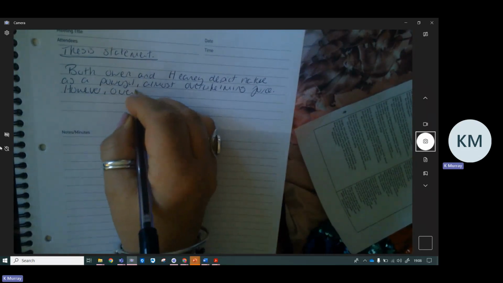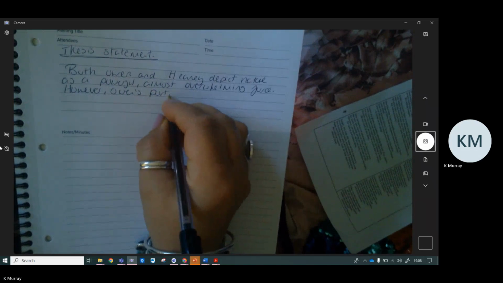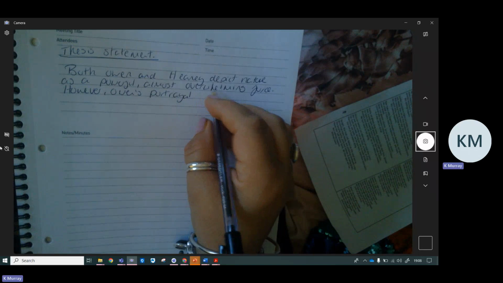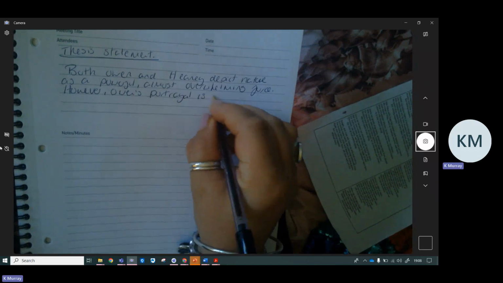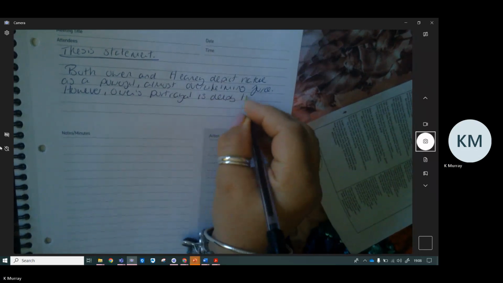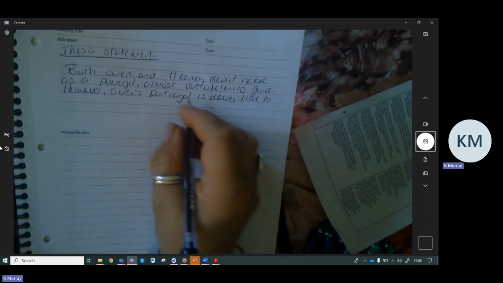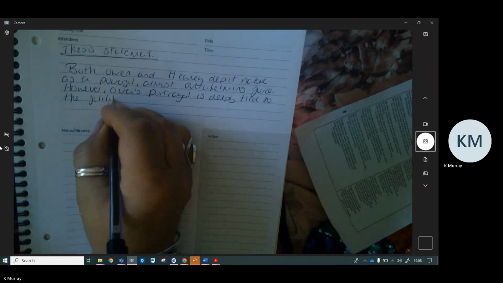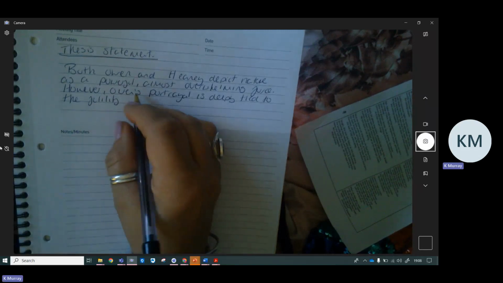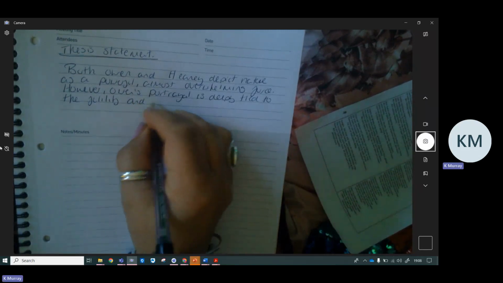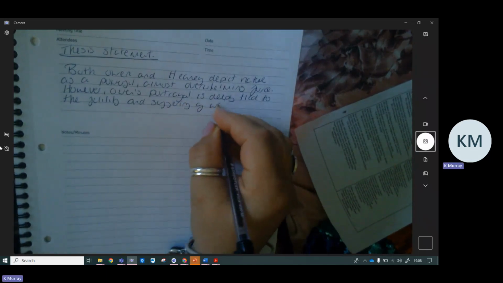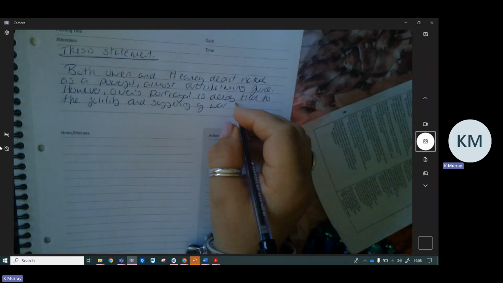However, Owen's portrayal is deeply tied to the futility, that means the pointlessness, the futility and suffering of war. So it's not just about the power of nature, is it? And suffering of war,